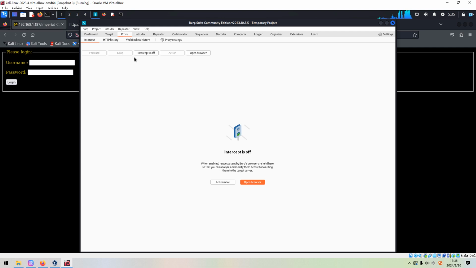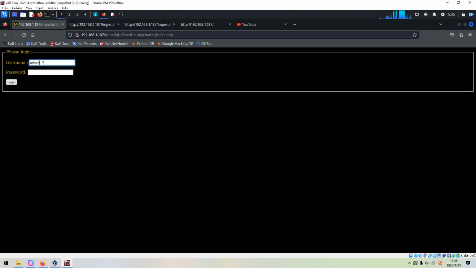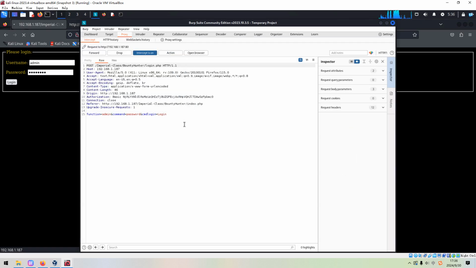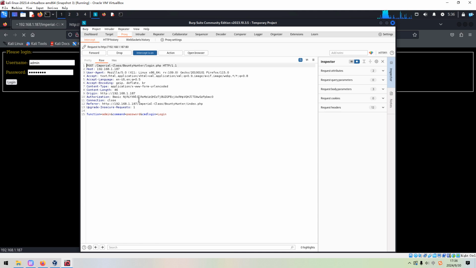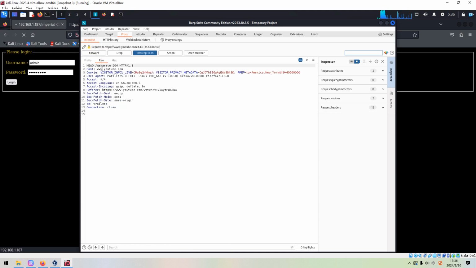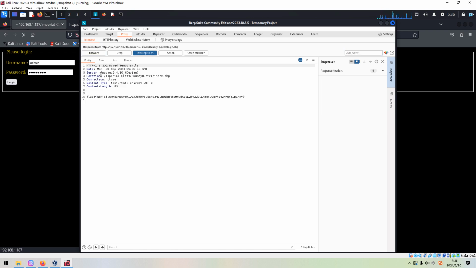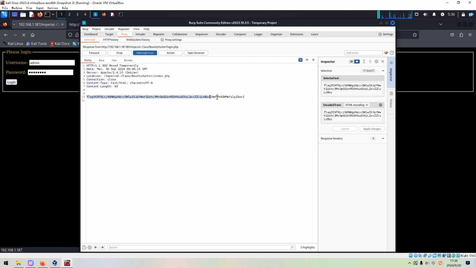Make sure the proxy intercept option is on, and then we can put anything like admin or password, login, and Burp Suite intercepts this request. We can intercept the request and also intercept the response of this request, and then forward. As you can see, we forward this request to the destination, and we got the third flag. Okay, so I think now you can realize the power of the Burp Suite.